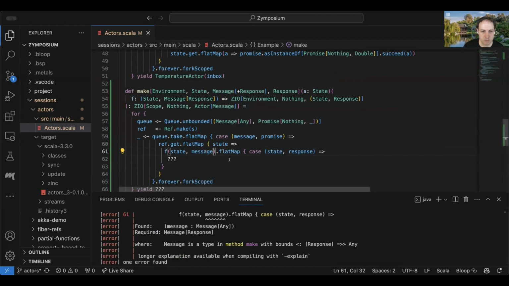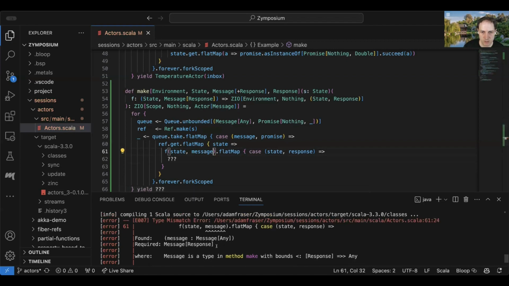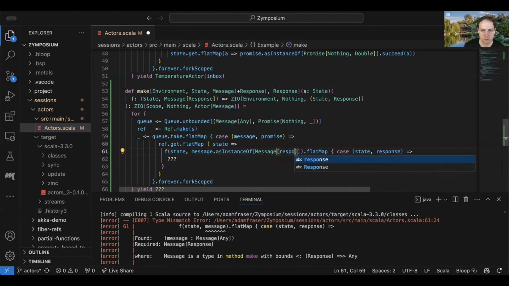And then I think here I'm just going to have to, let's see, I just need to take advantage of the fact that I know that this is the right type. So I think I can just do message dot as instance of message response.